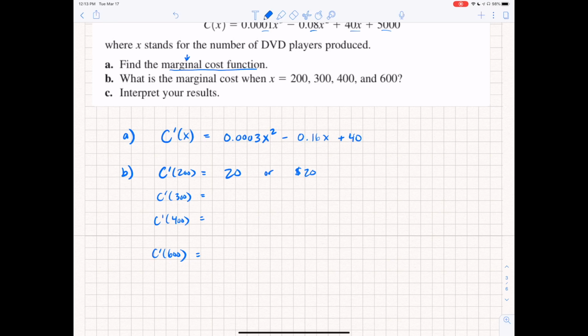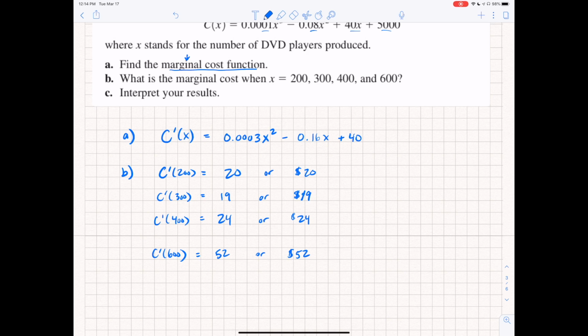For 300, again using my calculator, I get 19, or $19. For 400, I get 24, or $24. And then for 600, I get 52, or $52. All right, so